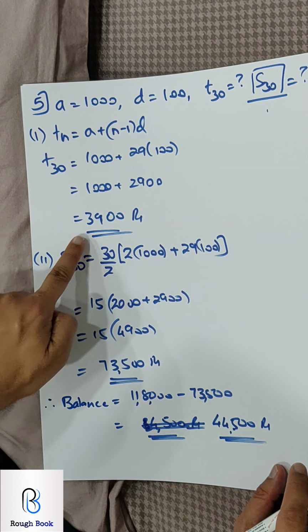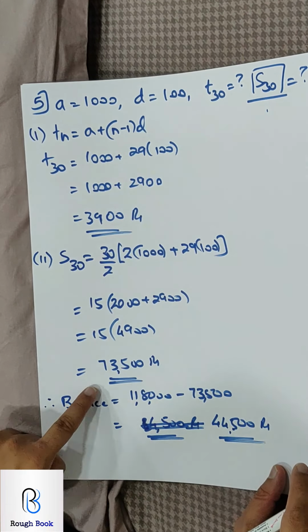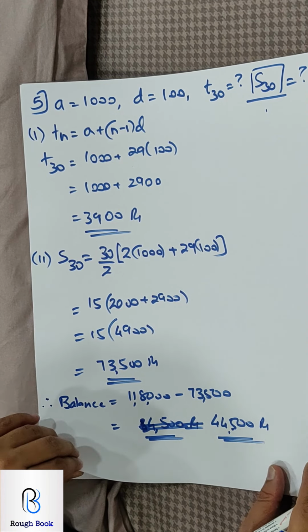What did you all do is you all subtracted only the 30th installment. You are supposed to subtract all the 30 installments. Did you get the catch in the question? Great. Let's try sum number 1.